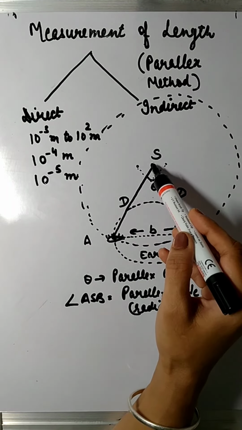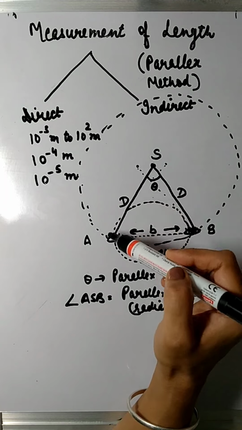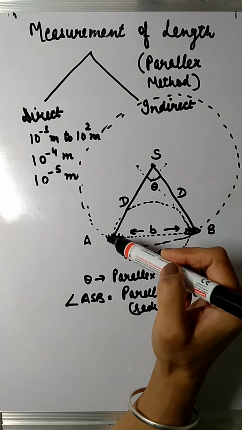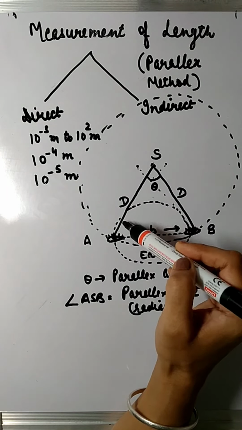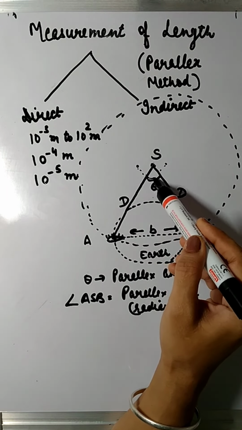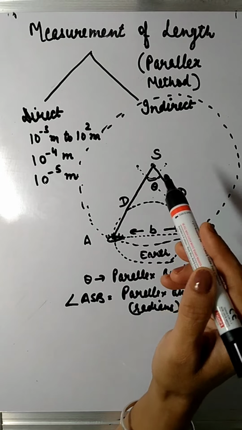So assuming that this is the center and the distance between A and S, that is Earth and the planet, is d, which becomes the radius of the circle, and this angle is theta,